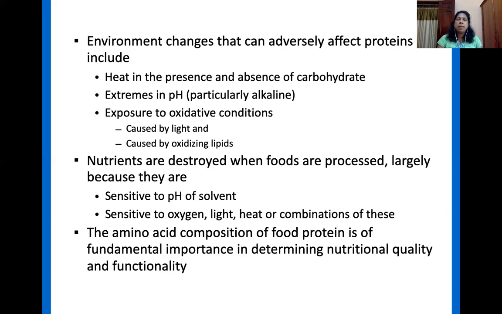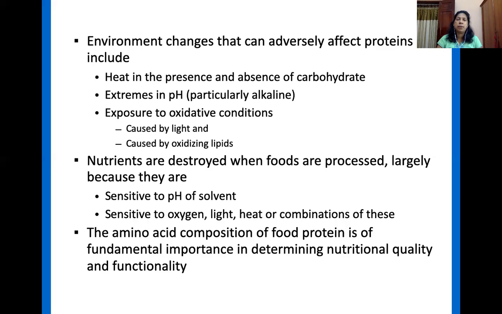So the environmental changes that can adversely affect proteins include heat in the presence and absence of carbohydrate, that is the Maillard reaction, and extremes in pH, particularly alkaline. That can totally denature protein. If you add some urea or a high alkaline solution, it breaks down the peptide or the protein